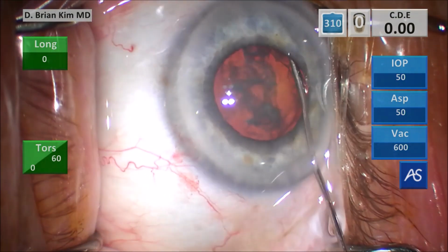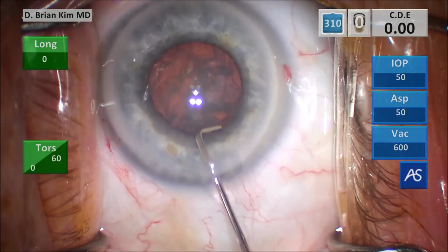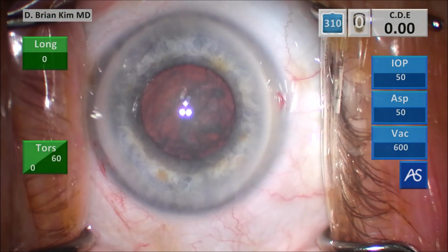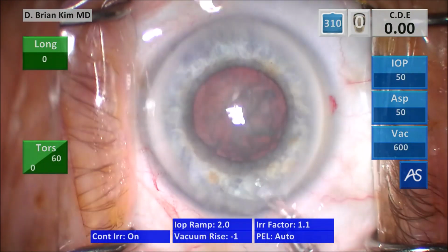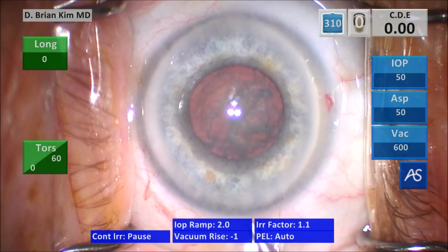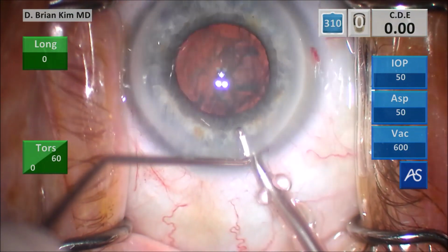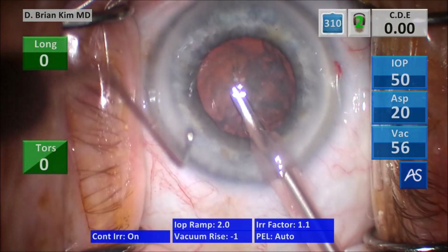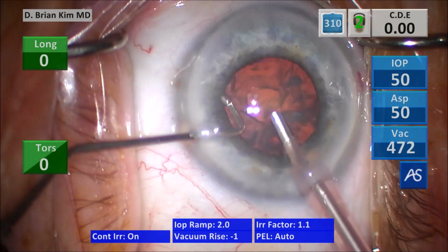I decompress on the left side, turn the tip to the right, hook the peripheral lens, and the lens begins to spin very nicely there. Irrigate the surface of the cornea, adjusting my sleeve length, lifting the incision with a chopper, going in with irrigation off to minimize Descemet's trauma, removing the surface epinuclear material,